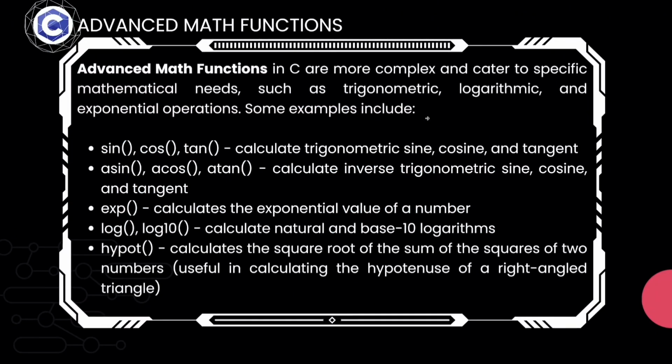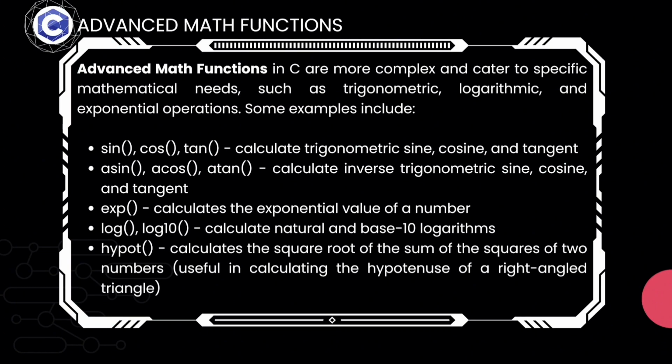So here are the advanced math functions. The advanced math functions in C are more complex and cater to specific mathematical needs, such as trigonometric, logarithmic, and exponential operations. Some examples include sin, cos, and tan to calculate the trigonometric sine, cosine, and tangent, asin, acos, and atan to calculate the inverse trigonometric sine, cosine, and tangent, and then exp to calculate the exponential value of a number,